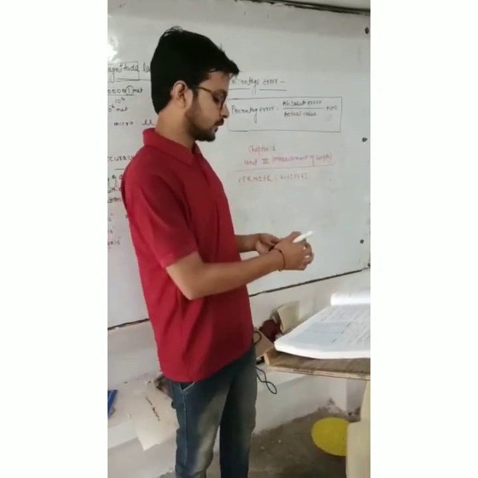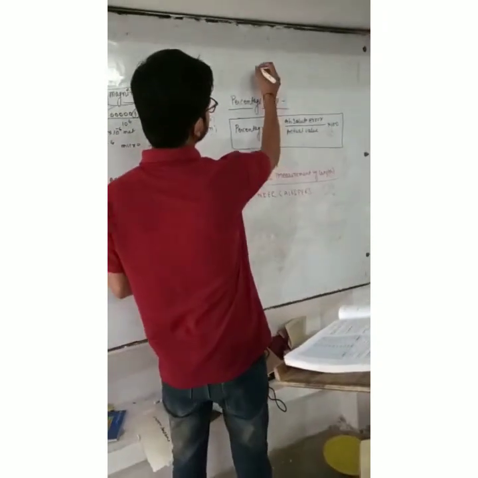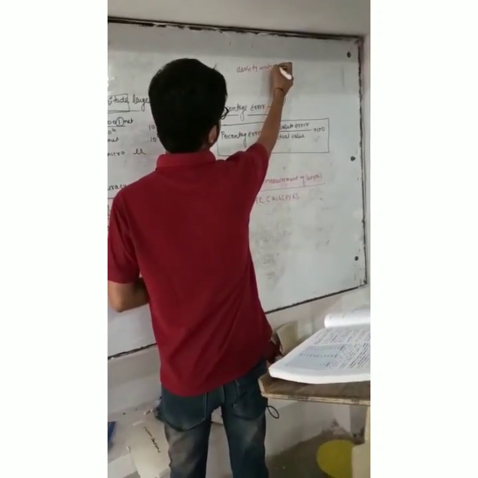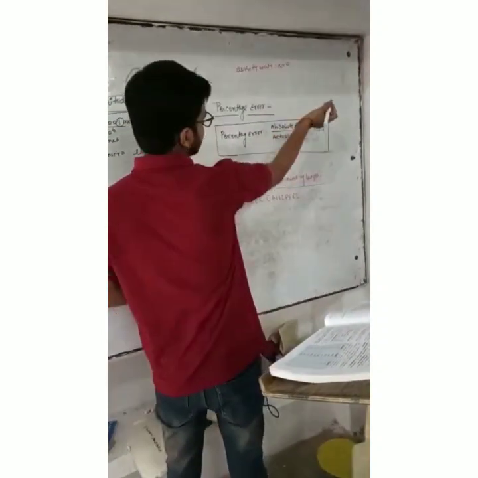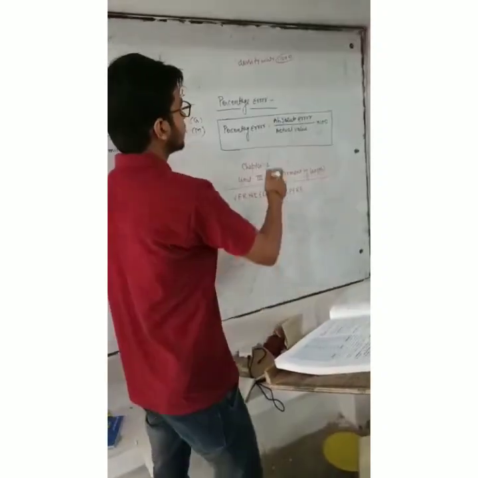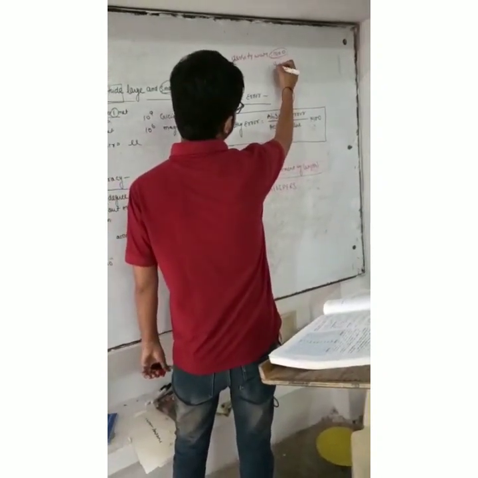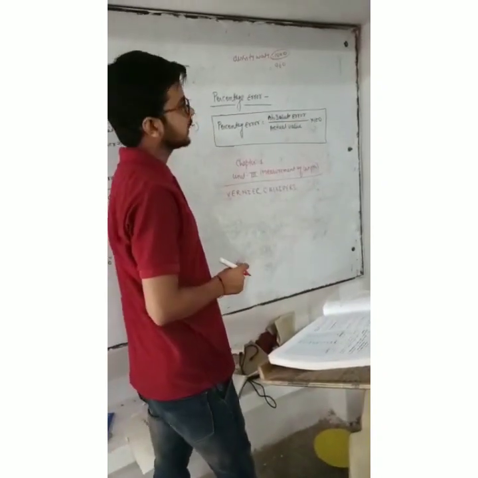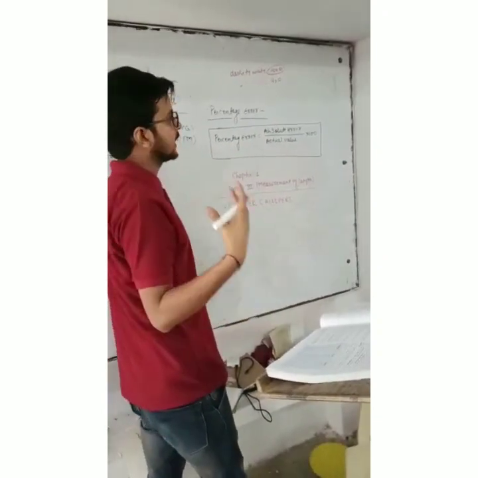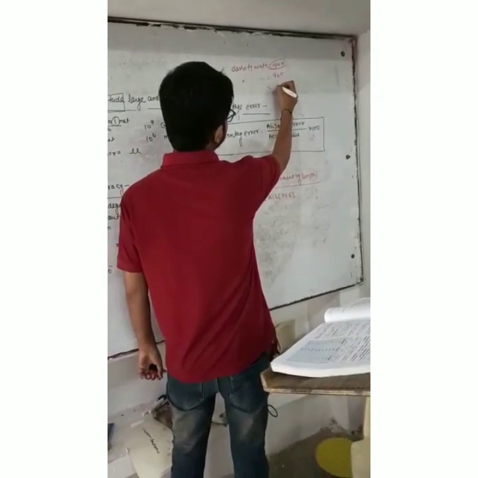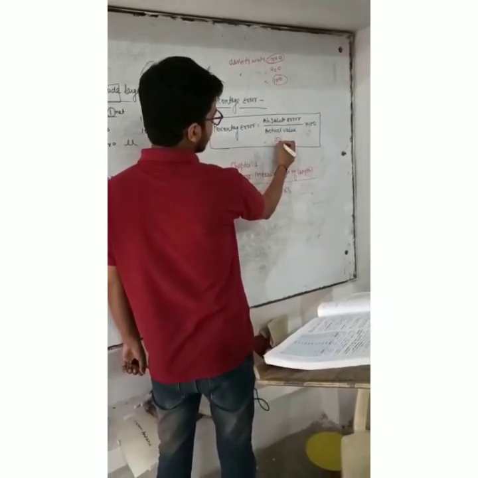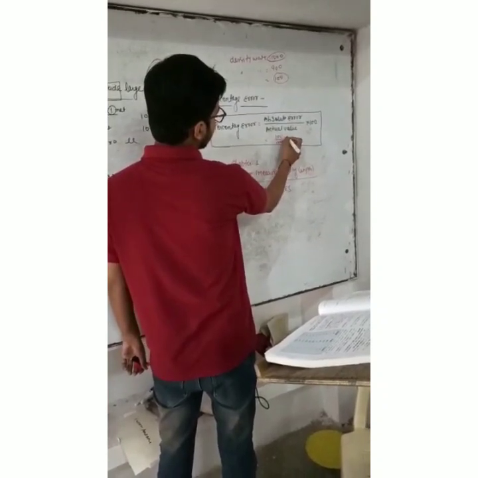Suppose the actual density of water is equal to 1000. Okay, this is the actual value of the density of water, but on measurement, the density of water is 900. Okay, 900 is the density of water when we measure it experimentally. So now the absolute error is 100. Now the absolute error is 100 and the actual value is 1000, multiplied by 100.